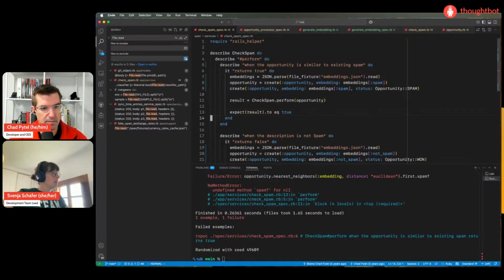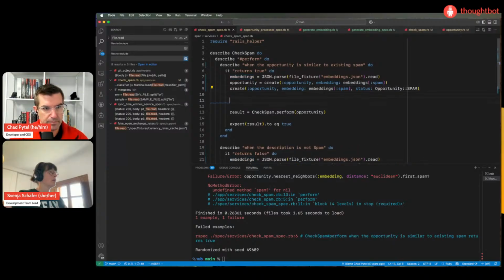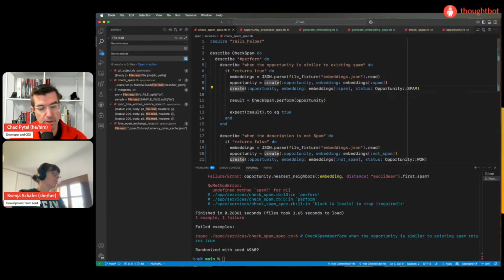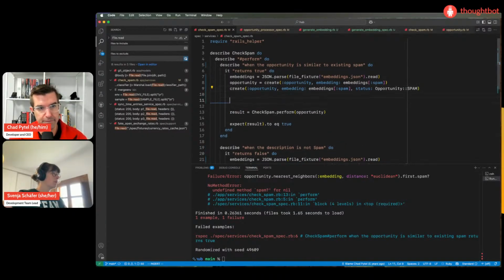And then the nearest neighbor was nil. What does nearest neighbor return? It returned an empty array, and first was nil.